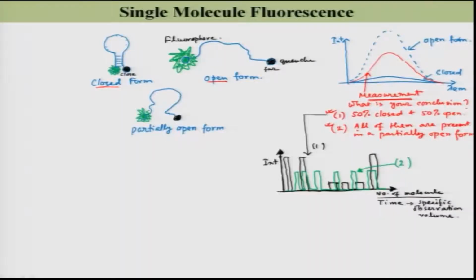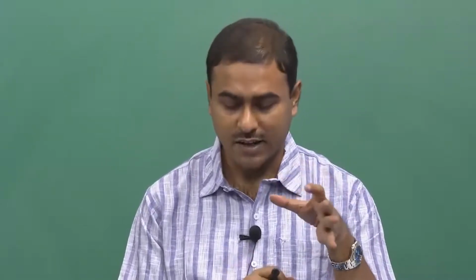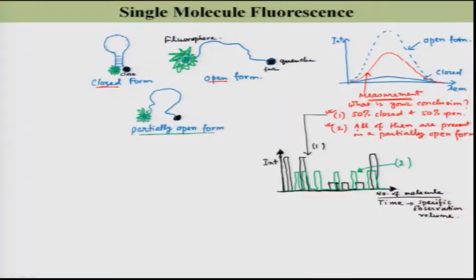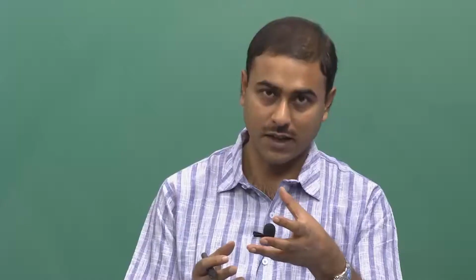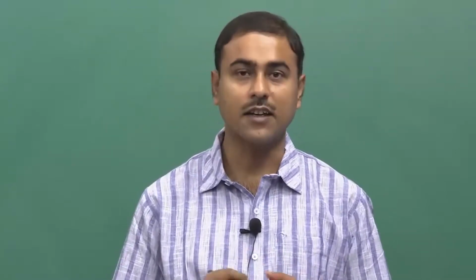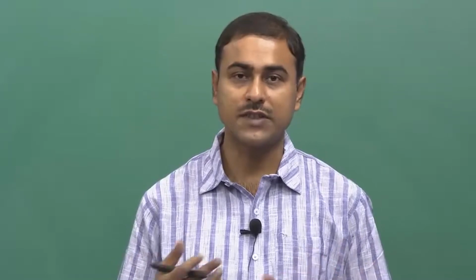Moreover, let us say I also came to know that this is present in the partially open form. Now, I can think that this is the structure of the partially open form, and this structure remains fixed throughout the time, right. What I mean is that there is no fluctuation in the structure. But recent studies are suggesting that the protein structure which we used to see in the textbooks,